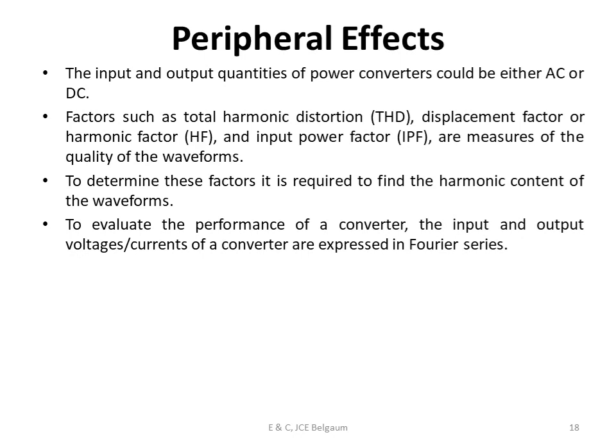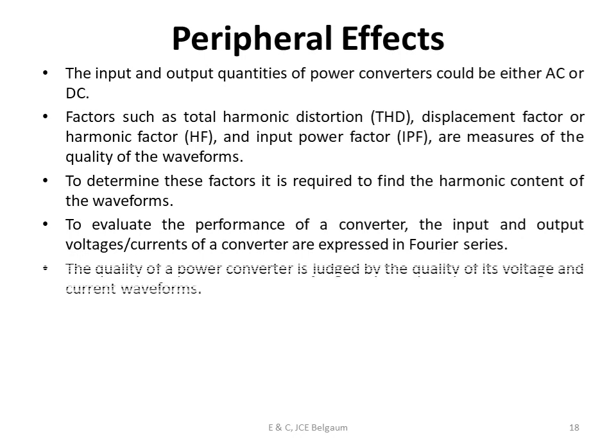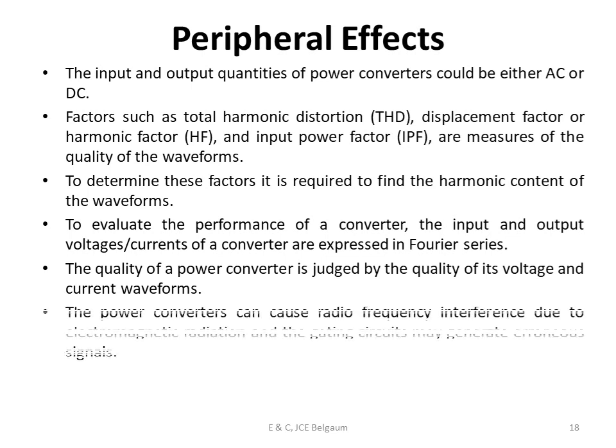And that means white light is made up of so many colors. Like that, a single electrical signal can be broken down into n number of harmonics. Okay, and the fundamental signal is the one which will have more information than the other signals. So Fourier series is same as that. The quality of a power converter is judged by the quality of its voltage and current waveforms. So if I get a perfect sine wave, that means the harmonics are less. If I get a distorted sine wave, then you will have harmonics present in that waveform.